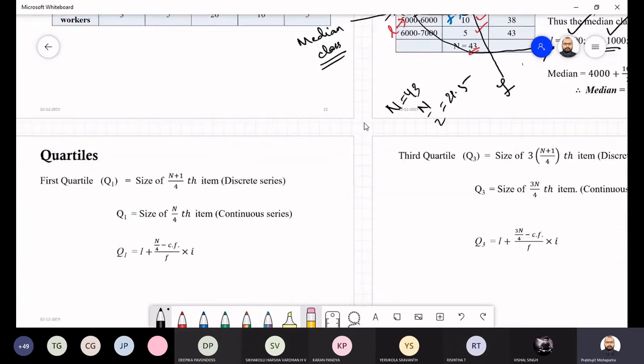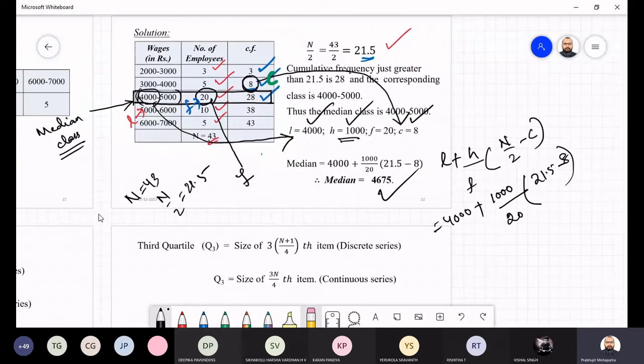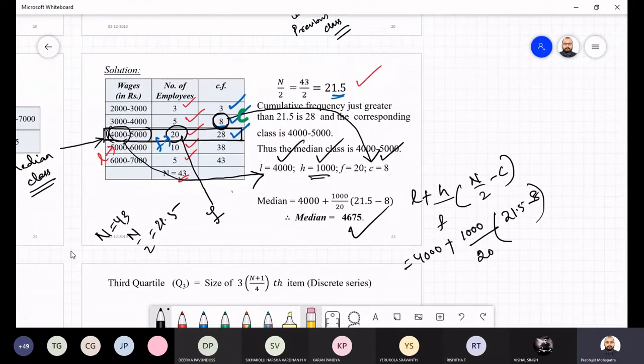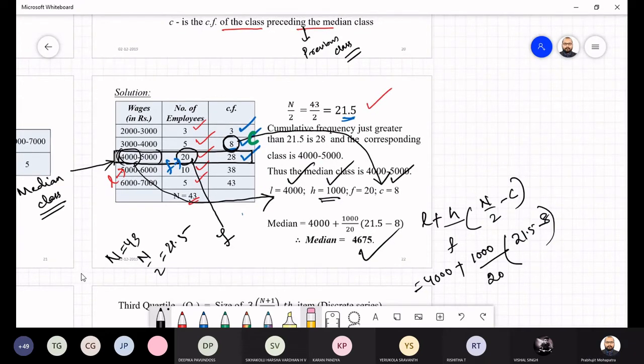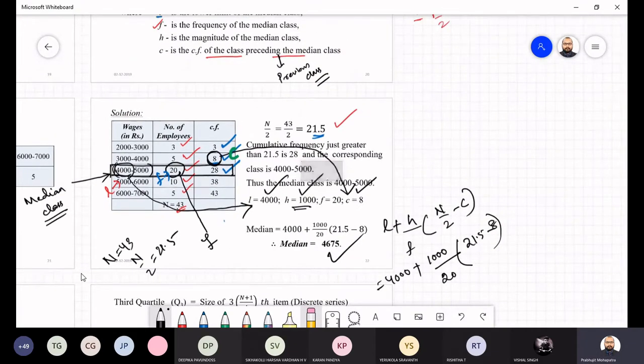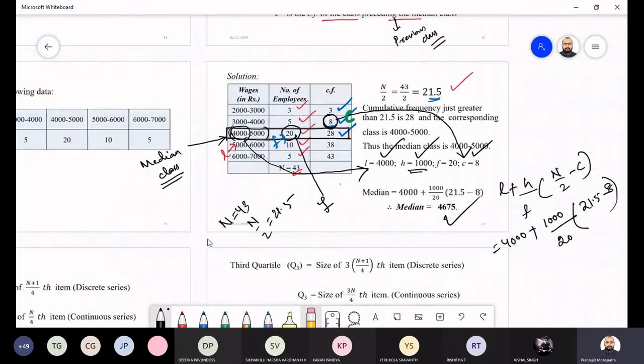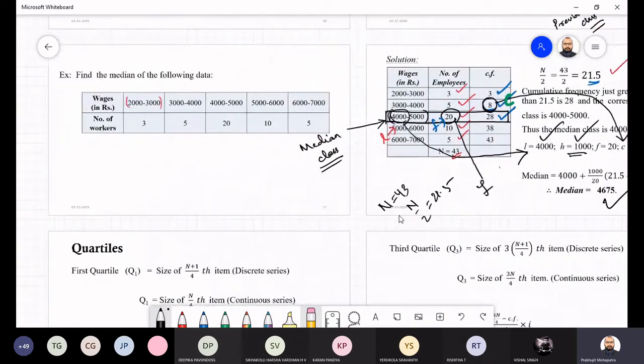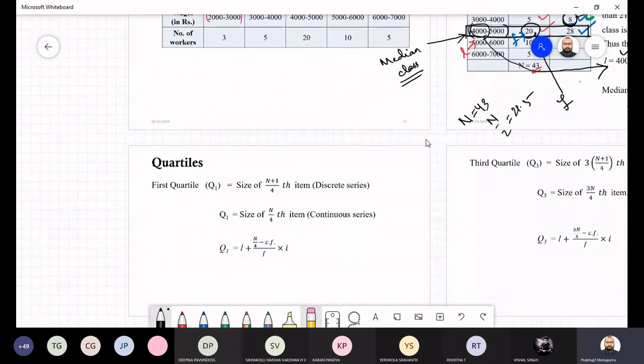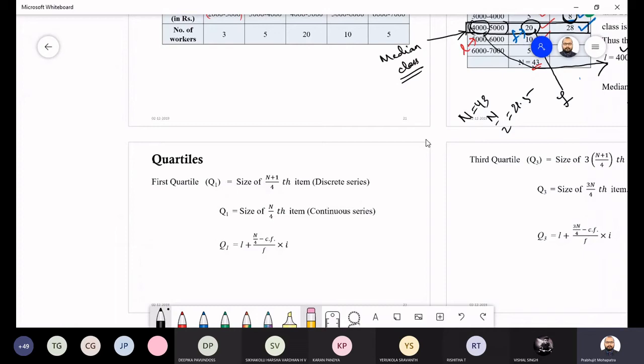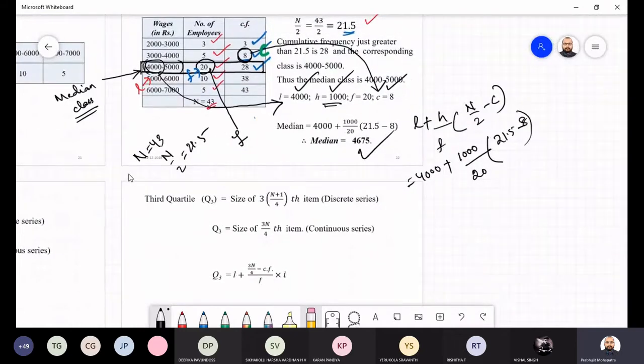Next we will have the quartile. So this is okay to everyone. You can find the median and mean for the discrete type, for the continuous type, for the grouped data, you can easily calculate. So this is a straightforward question. If these types of questions are coming, then you should not have any issue. You should get directly full 10 out of 10. Only thing is that you have to take care of the calculation.